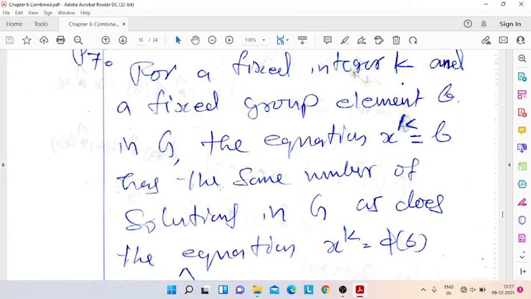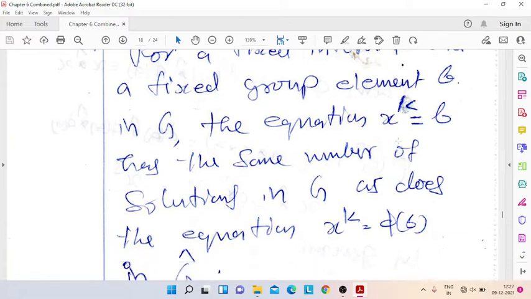Then we also consider equations of the form x raised to k equal to b. See, x is the unknown here, so we can find the value of x. Those values of x will be selected from the first group. Those members of the first group which satisfy the equation are the solutions. And you can count the number of solutions, and after that, you can consider a similar equation,